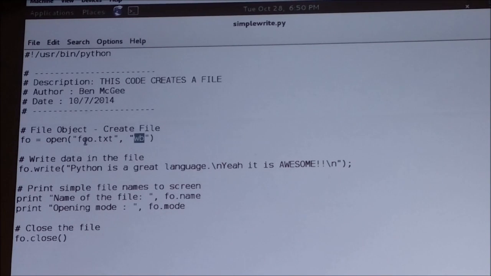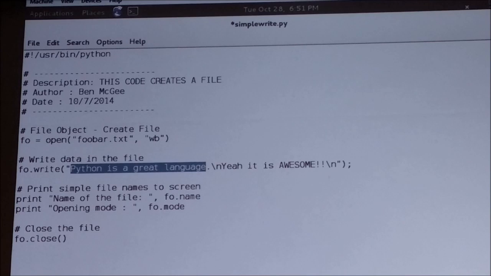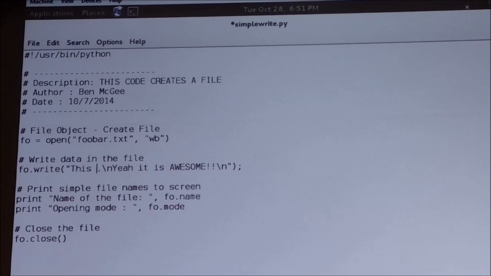So we should be able to write a text file here. How about I call this text file, we'll just run this again. I'll just change this from foo to foobar.txt. Okay, so there should not be one that's got foo in it already. And then from there, what we're hoping to do is just type in whatever you want right here. So this is a sample of the write